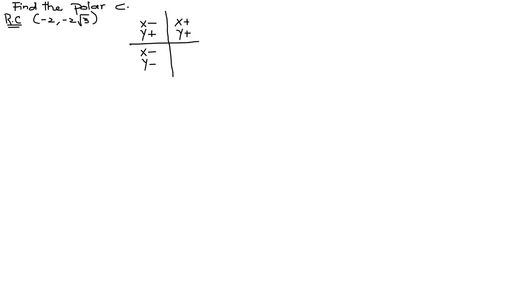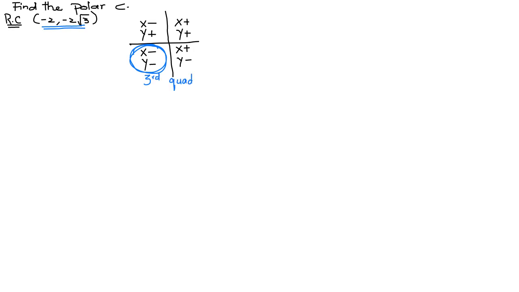In the fourth quadrant, x is positive, but y is negative. So we have rectangular coordinates which are both negative. It means the point lies in this region, somewhere in the third